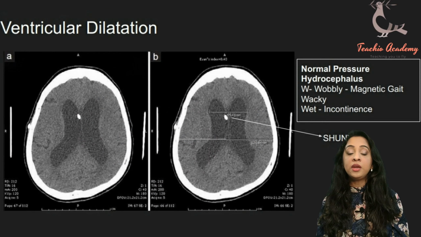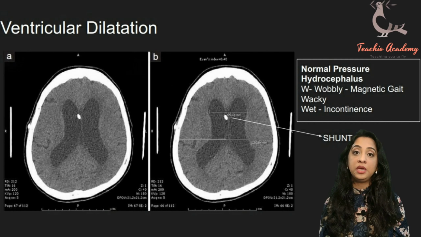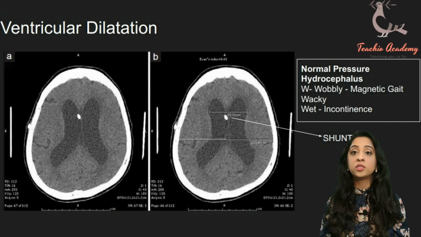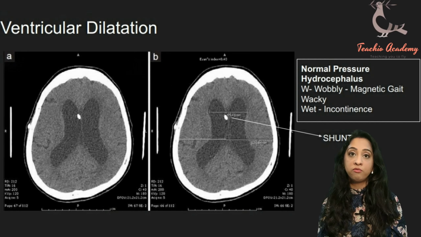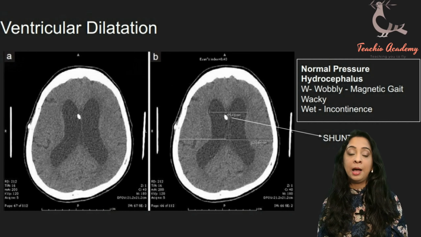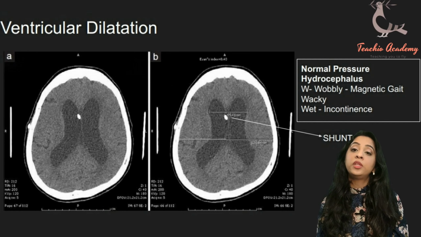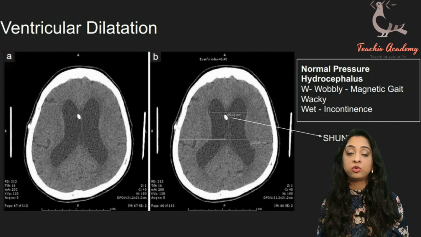Now, the way that we remembered ventricles before, when we look at the normal appearance, we saw the shape of the bean. It looked very beautiful and it was symmetrical, and the size on this looks a little bit larger than what we saw before. This is indeed ventricular dilatation. Now the classical question on your exam is going to be someone with either hydrocephalus or a blockage in the ventricular system or the CSF drainage system, or someone who's got normal pressure hydrocephalus.